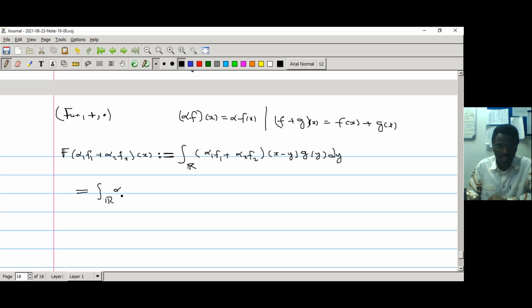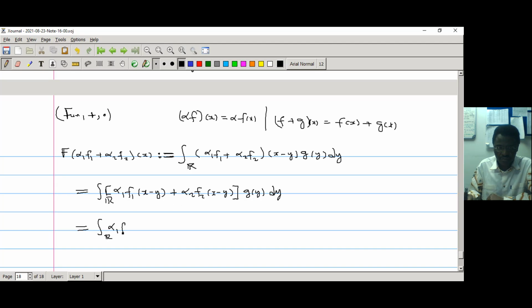I can write directly here: alpha 1 f1 of x minus y, like this, plus alpha 2 f2, I close. Now I multiply by g of y. Now I can expand again. I could have written that once, but if I multiply like that,